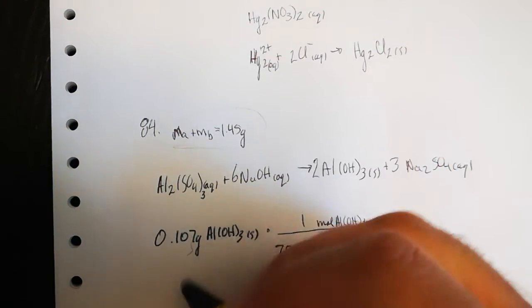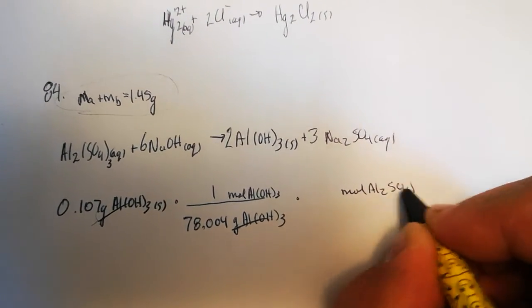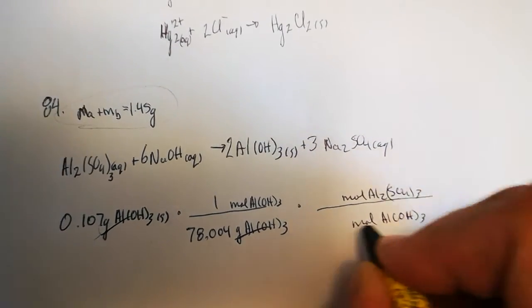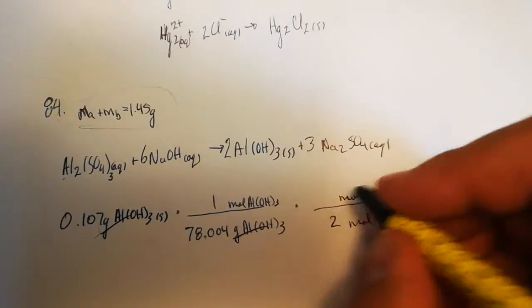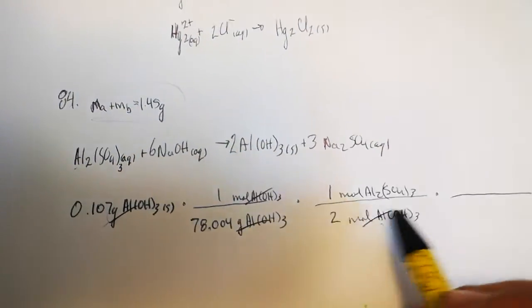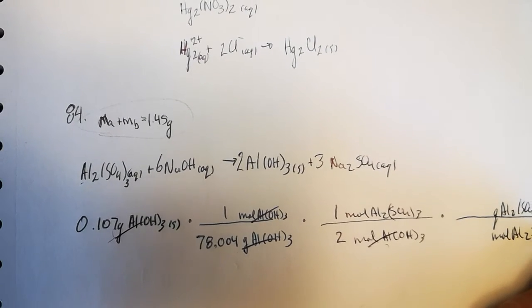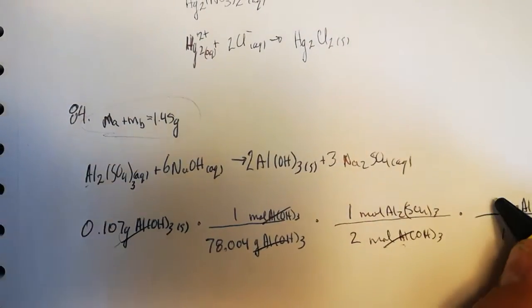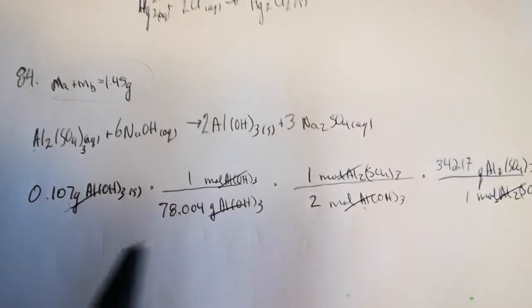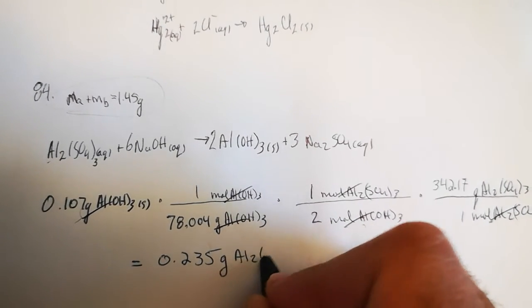Now, once we convert grams into moles, our next step would be to solve for how many moles of aluminum sulfate from our moles of aluminum hydroxide. We had 2 moles of aluminum hydroxide from every 1 mole of aluminum sulfate. Now, we want to know mass of aluminum sulfate. So of that mixture, how much of it was aluminum sulfate? And this one is about 342.17 grams. That'll cancel. All right. Now we do some calculating, and I think we finish off with 0.235 grams of aluminum sulfate